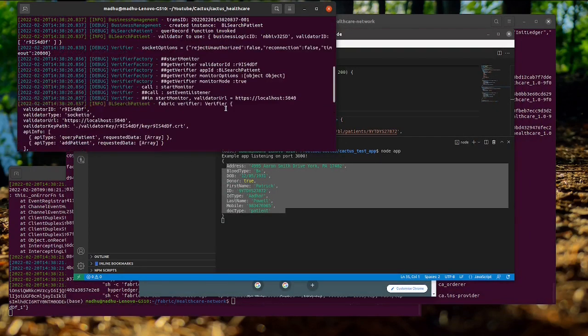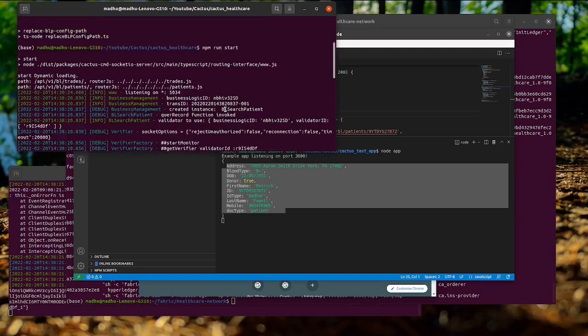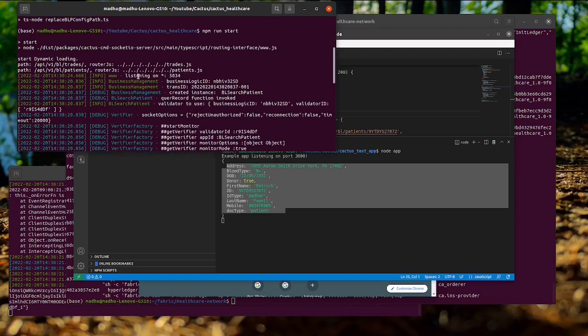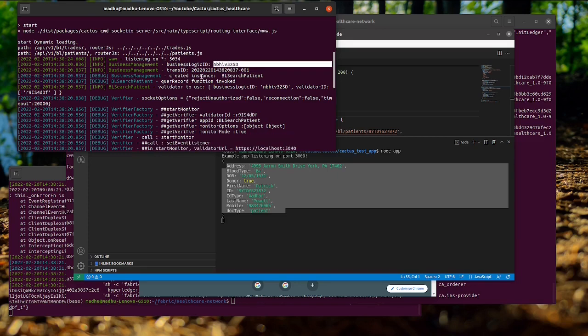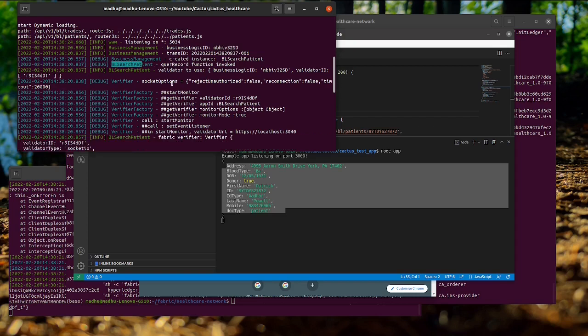This is the Cactus service, and here are the steps. If you see, it is listening on this port, and in the business logic management class it is using this class BL search patient, and after that it is using the verifier.